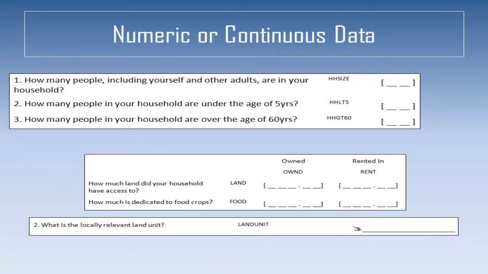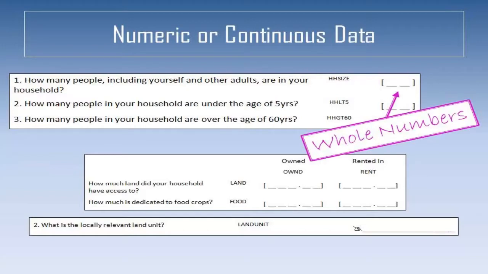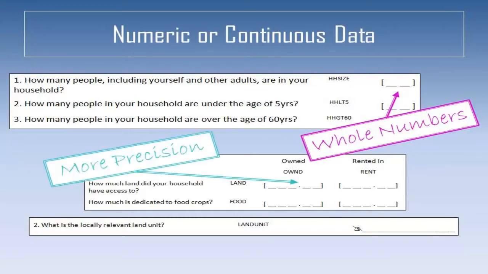Numeric or continuous data is the result of questions or measurements that naturally give a number response, such as number of household members, yield measurements, plot size, age, amount of fertilizer applied, etc. Different types of numeric data will require slightly different formats to account for different levels of precision. For example, number of individuals or age should always be recorded as a whole number with no decimal places or fractions, whereas when measuring a response such as plot size, it is usually appropriate to include a number of decimal